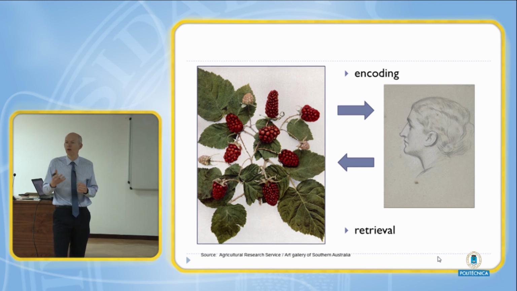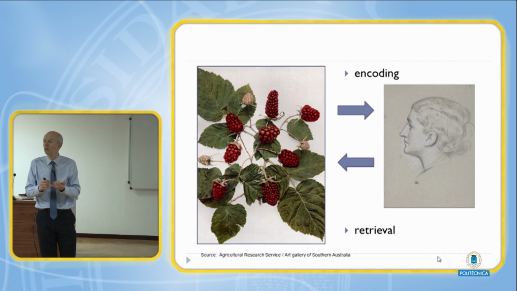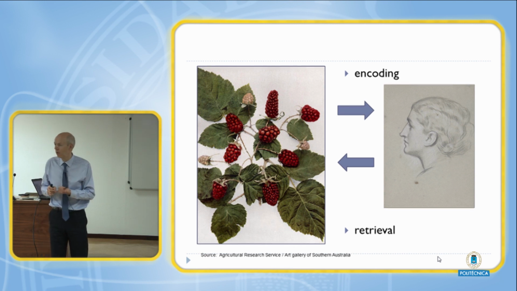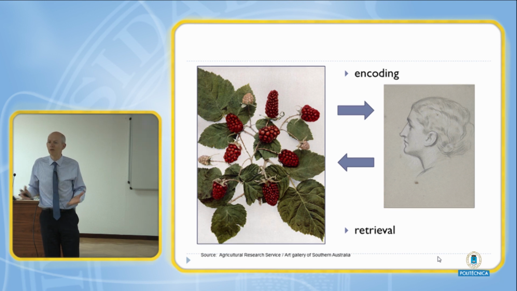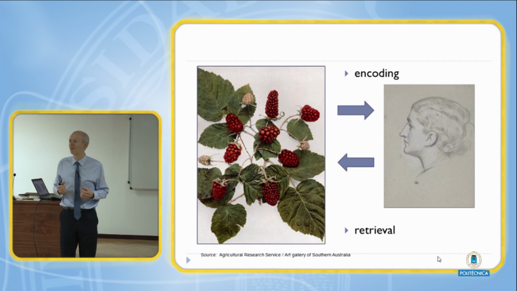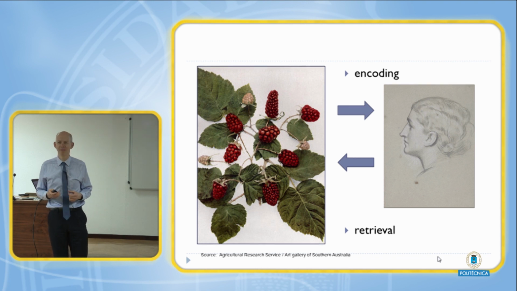So if somebody asks you what is a Loganberry, then you would be able to say that it is a cross between a raspberry and a blackberry. It was originally created in California in the 1880s. You wouldn't normally do that for most fruits, but in this case it might be helpful.